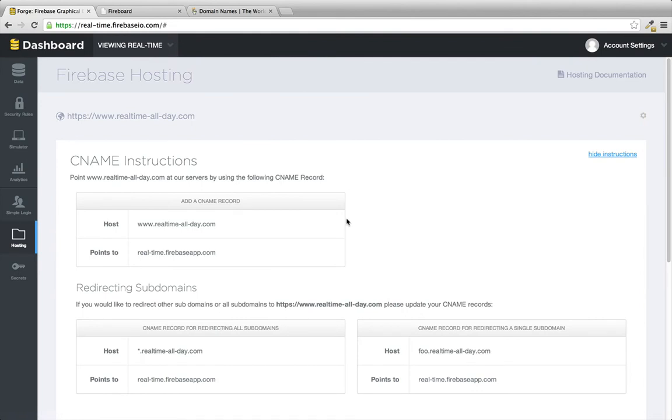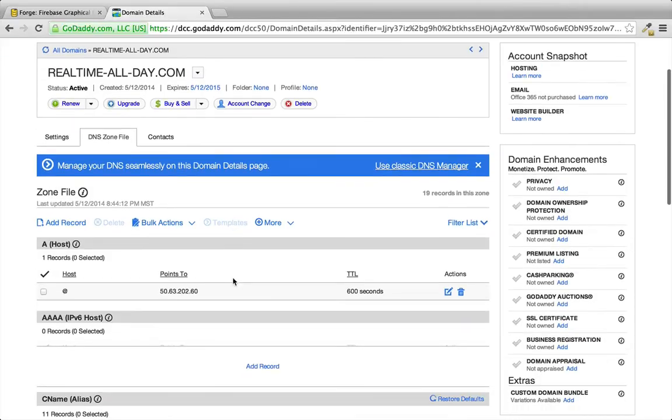Now that we've received the final set of instructions, we need to activate our domain. To do this, we need to change the CNAME record. So we'll copy the points2 value, and we'll go back into our DNS details, and we'll scroll down to the